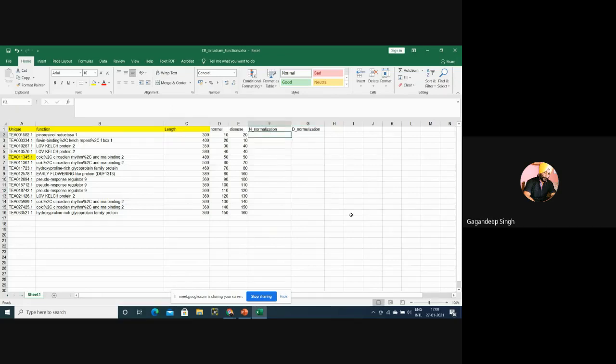What is normalization? Basically, normalization is the RPKM value of normal reads. I'll type here RPKM values. And for disease conditions, again we have to calculate RPKM. How to calculate this RPKM? Just type equals. What was the formula?